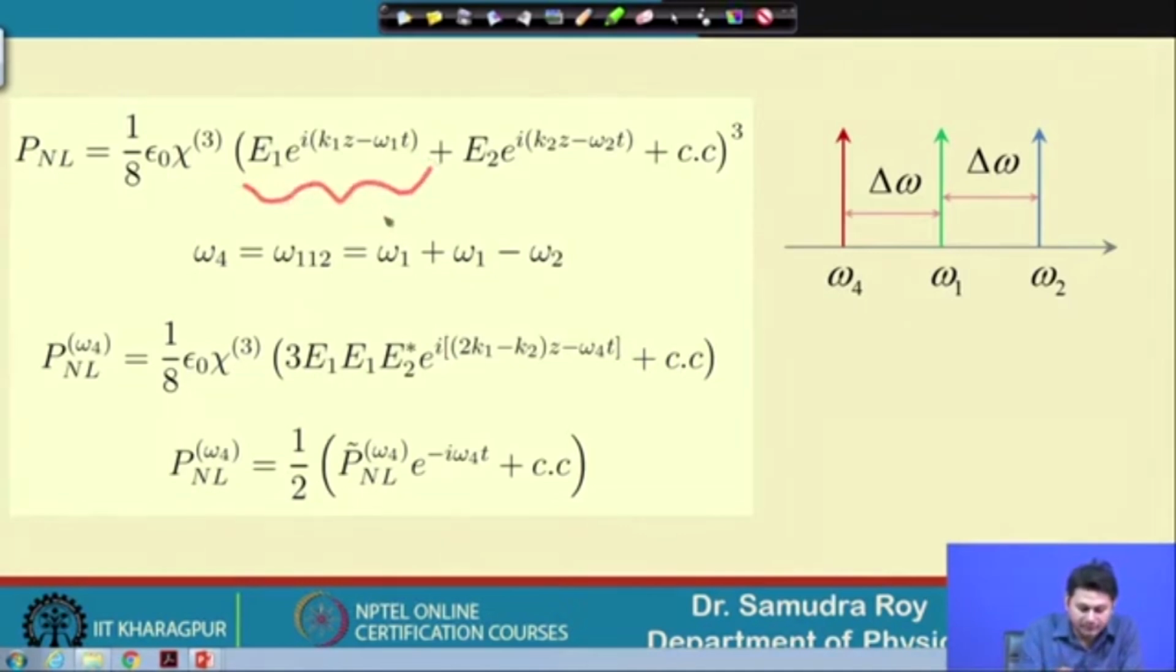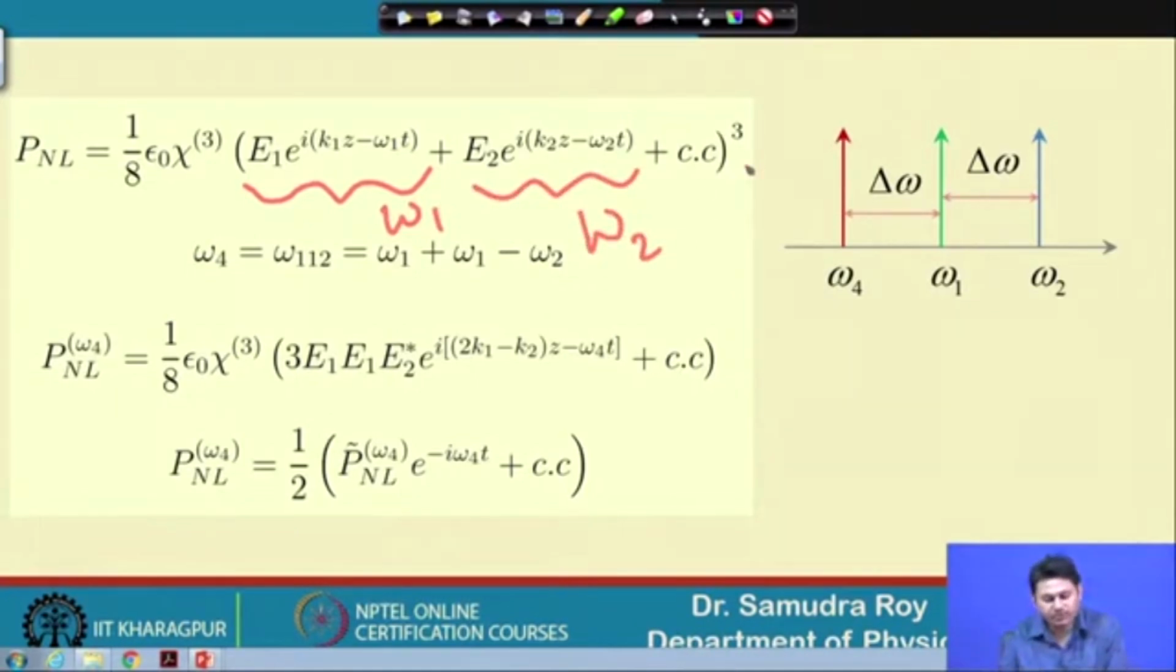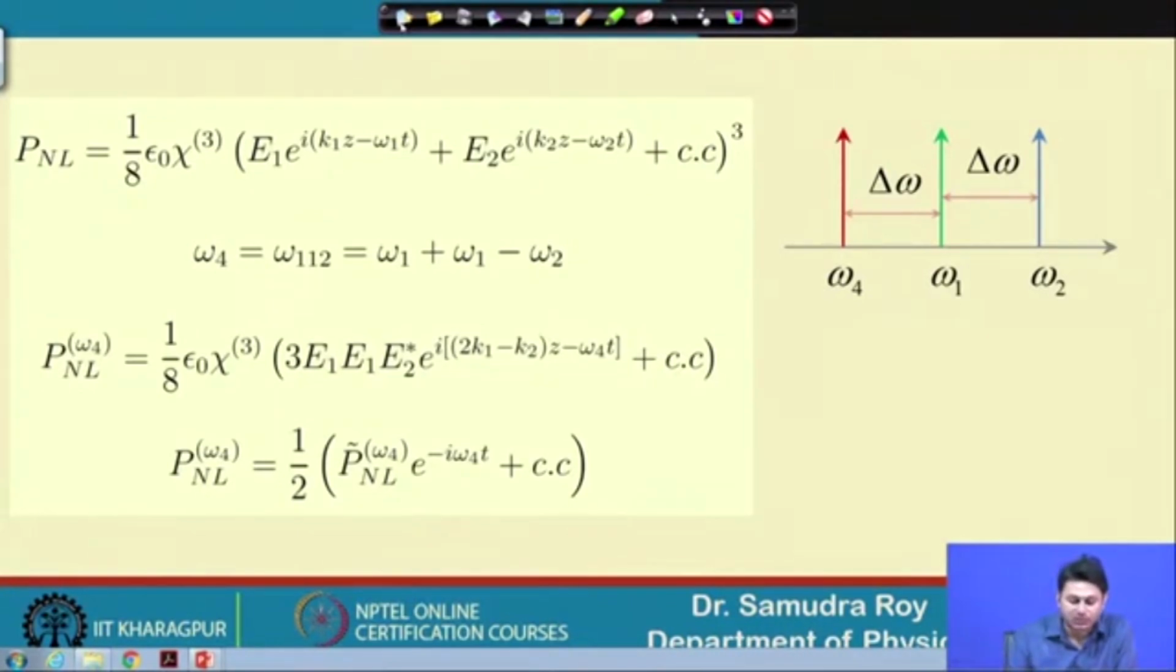This is associated with the frequency omega 1. This is associated with the frequency omega 2. And complex conjugate means we have another 2 frequencies in our hand, which are omega 1 star and omega 2 star. Omega 1 star and omega 2 star mean nothing but minus omega 1 and minus omega 2. So, I have omega 1, omega 2, minus omega 1, minus omega 2 in these complex conjugate terms,